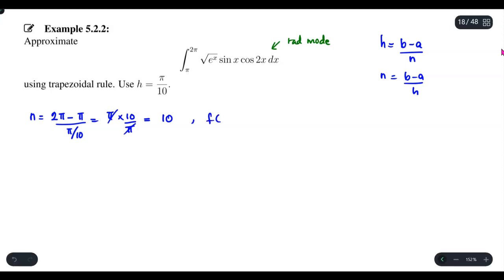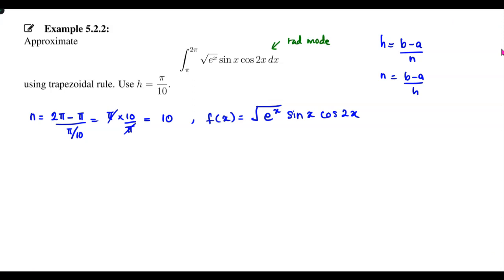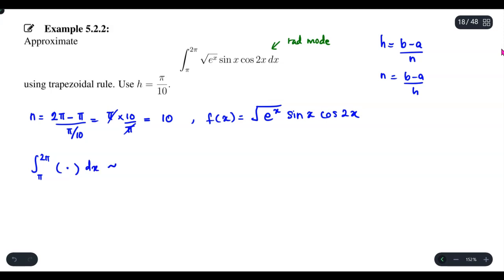Now, if we take out our function f(x), it is the exponent, the square root of e to the x, sine x, cos 2x. So the trapezoidal formula would be the integral of f(x). Assume the dot over there is the whole expression of f(x). I just put the dot there, but you should write it in full. It is approximately h over 2 times